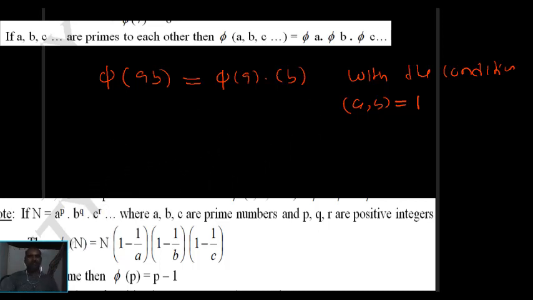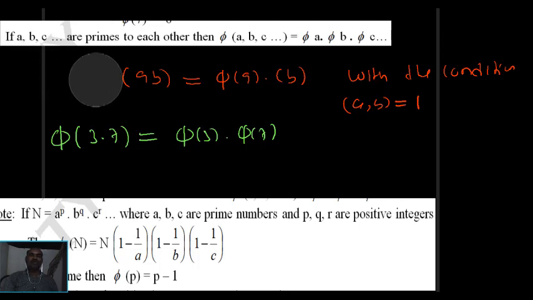I will show you. Take phi of 3 times 7, for example. I can find phi of 3 times phi of 7, and what you get is phi of 21. Phi of 3 means 1, 2: 1 and 3 are co-prime, 2 and 3 are co-prime. There are 2 here. Phi of 7: 1, 2, 3, 4, 5, 6. 1 and 7 co-prime, 2 and 7 co-prime, 3 and 7 co-prime, 5 and 7 co-prime, 6 and 7 co-prime. There are 6. So 2 times 6 is 12. What I can say is phi of 21 equals 12. Somebody will ask what is phi of 21. By using that method, I got 12.